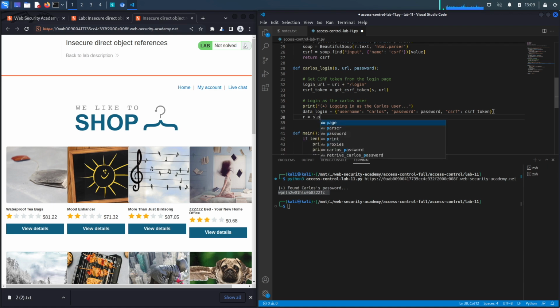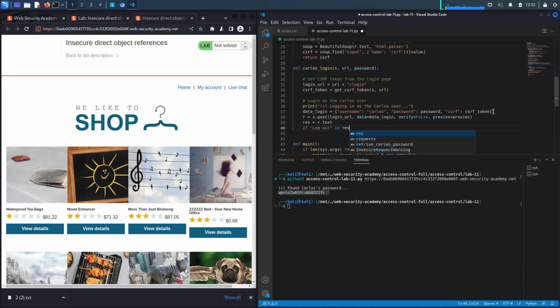So r is equal to s.post, takes in the login URL, set data to equal to data login, set verify to be equal to false, and proxies to be equal to proxies, because we want our request to be sent to Burp. And then we're going to save the response in a variable called res. And to confirm that we've actually logged into the account, we're going to check if the logout string is in the response. If it is, we'll print